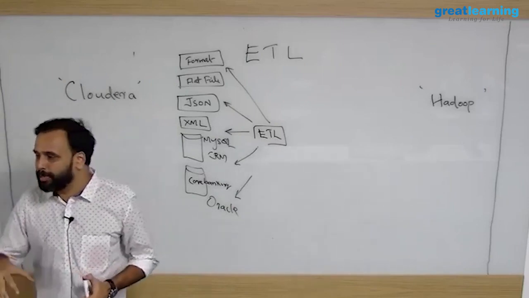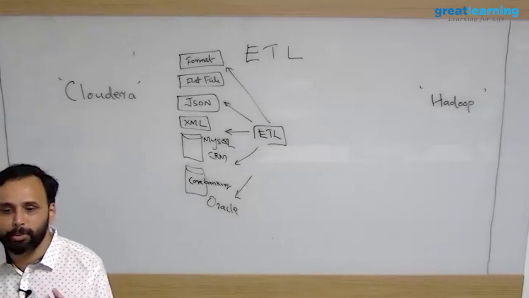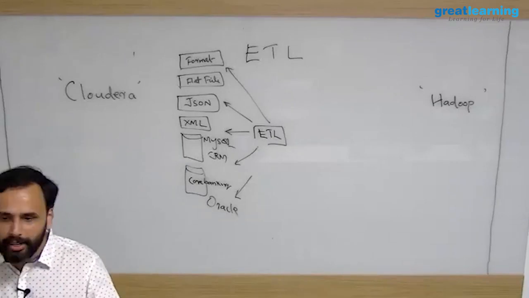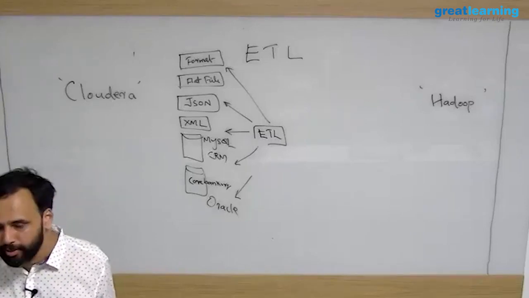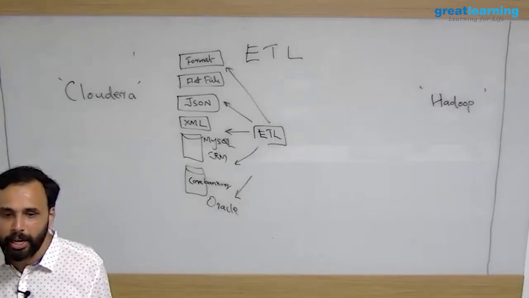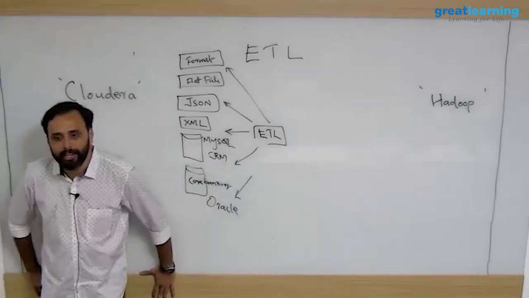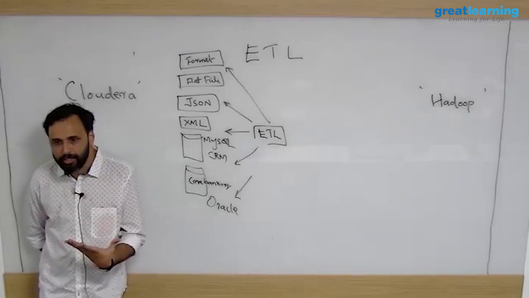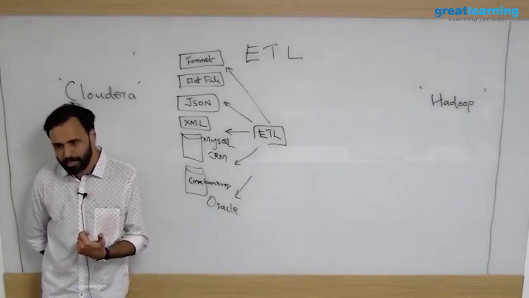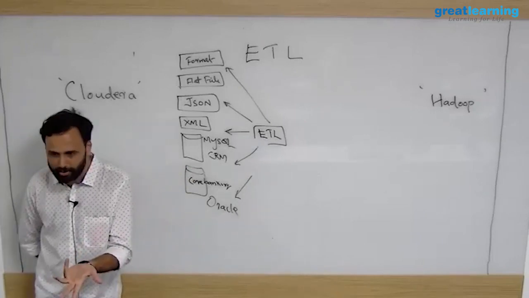Cloudera is the first company which created a commercial distribution for Hadoop and related tools. So today you can go to Cloudera and ask them to give you Hadoop. What is the advantage? You will be getting almost the same Hadoop you find on the Apache website. But if you install it and something is not working, they will fix it.